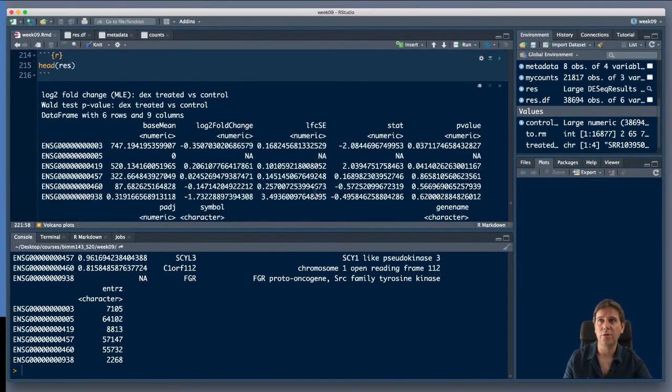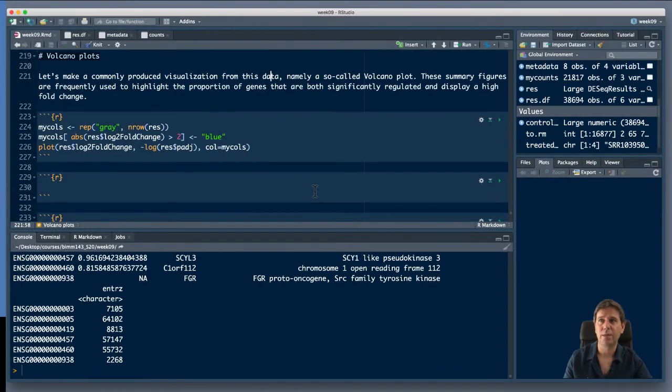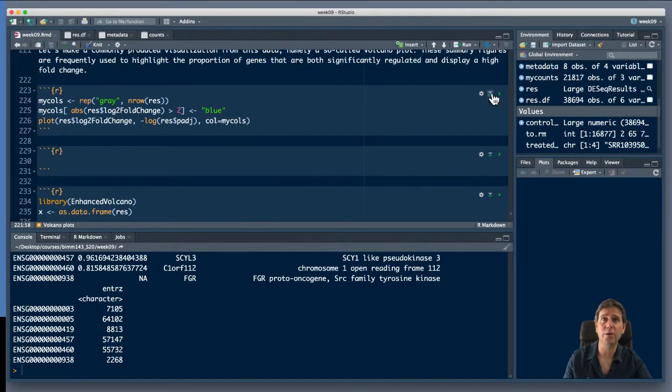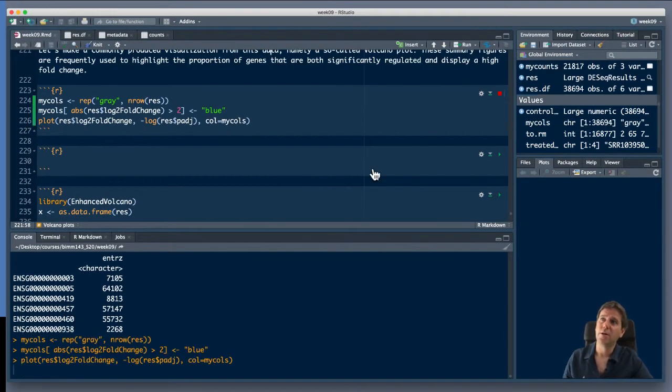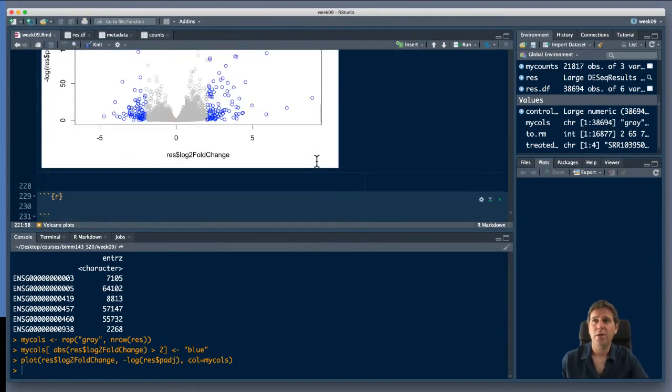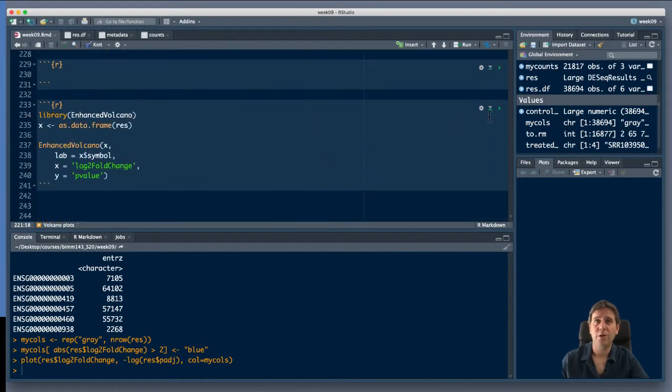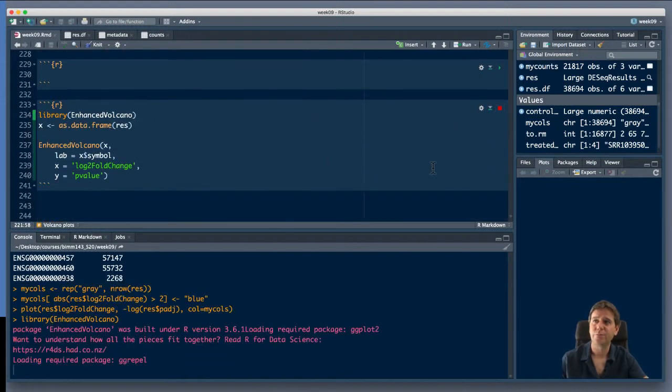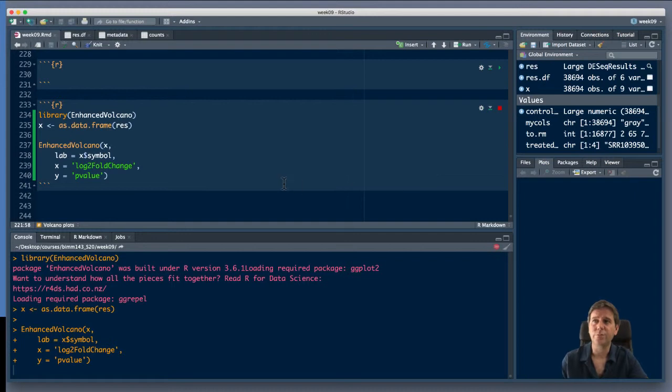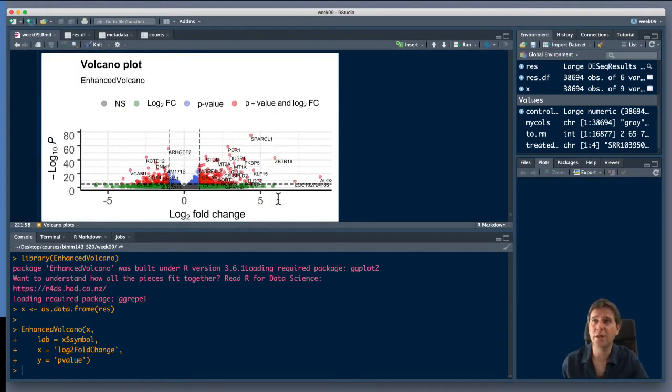Yep, got this. Let's see if we can make our basic volcano plot again. Yep, happy days. An enhanced volcano plot without breaking it. There we go. If you're able to zoom in there, that's that crisp LD2 gene